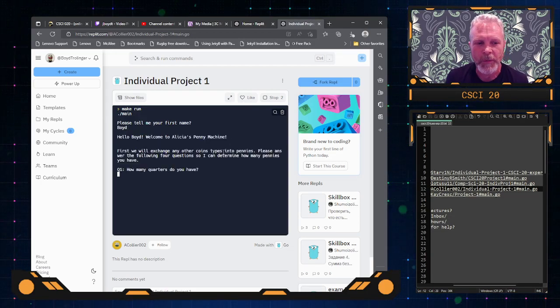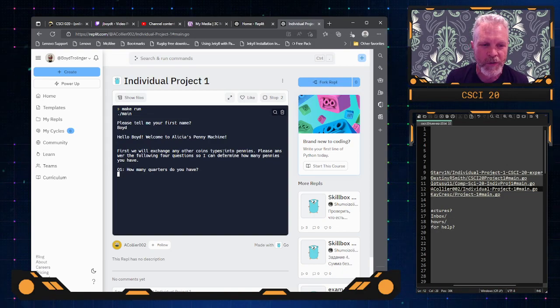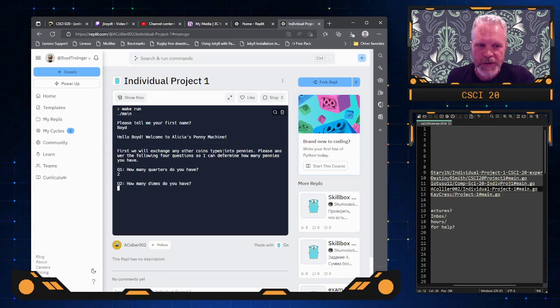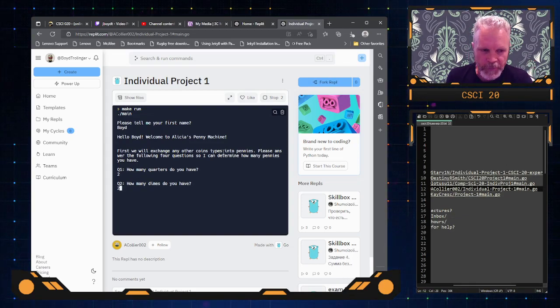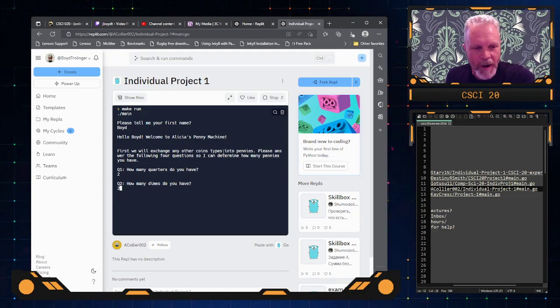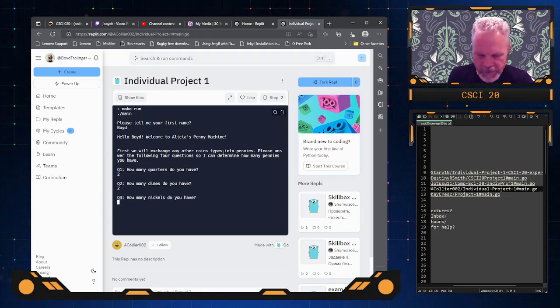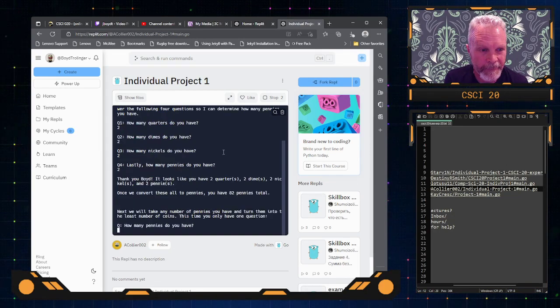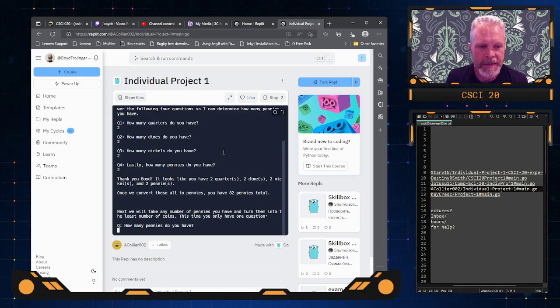This one I like. Well, you'll see it. So you see how it says question 1, how many quarters do you have? Which means that it's likely that more questions are to follow. Question 2, nice touch, so that I know as the user that probably more questions are coming. Question 3, nickels, pennies. So that they're sort of numbered to show a sequence,